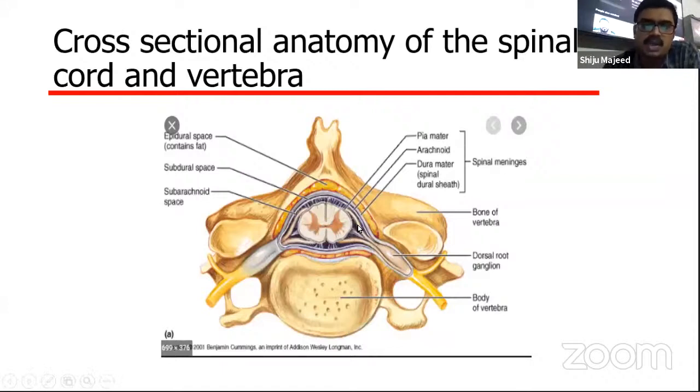So this is basically what you have when you take a cross section of a vertebra. The function of the vertebra is to protect the vital spinal cord. But suppose this vertebral body is fractured, there is every chance that this fractured piece of bone can hit onto the spinal cord and cause damage. That is the basic idea that we should have when talking about spinal cord